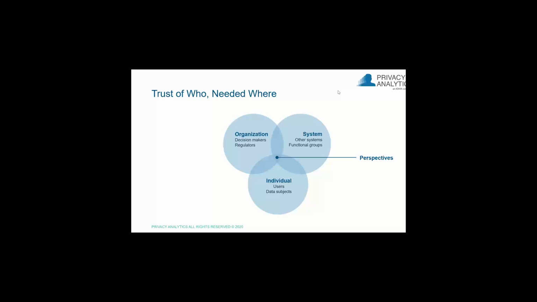Next, the system. Of course, there are going to be functional groups that are going to be using this system. And so, of course, we're speaking to the data owner in many cases that, as we saw previously, they're concerned with the controls that are in place, right? They're not just going to take their data and put it into this new platform, for example, unless there's certain comfort with that because they've had that experience with the regulator, for example, or perhaps other considerations as well.